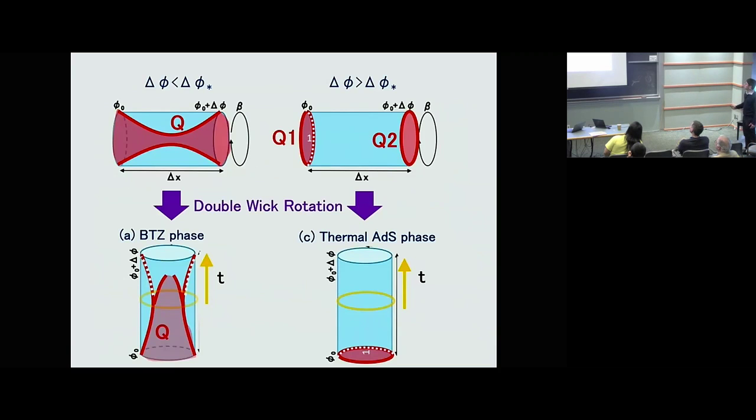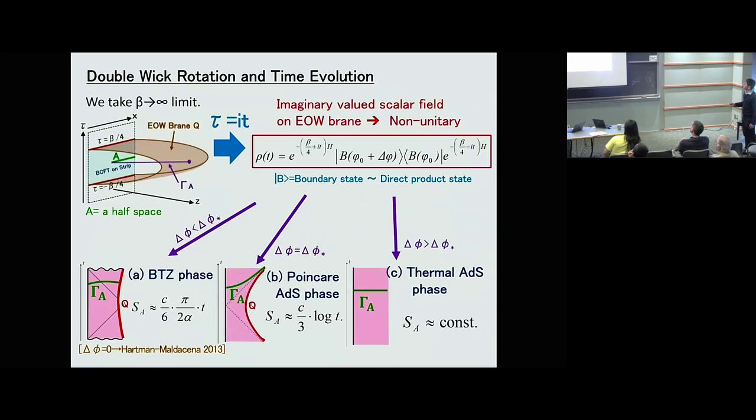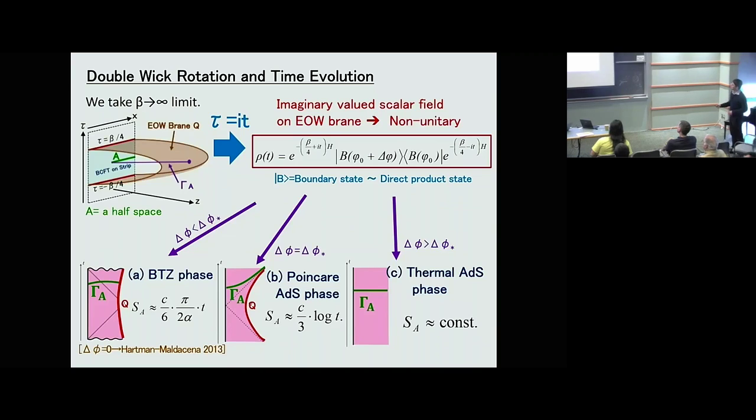And also it is interesting to talk about time evolution by a weak rotation. What we find is that we basically have to treat a transition matrix instead of a density matrix. These two states are different. But we can calculate this geodesic and the entanglement. Then we can see an interesting phase transition. Initially it's a linear t behavior, which is basically the same as the Hartman-Maldacena result, but at the critical point where we have Poincare phase, it's a log t behavior, and finally it ends up with a constant.